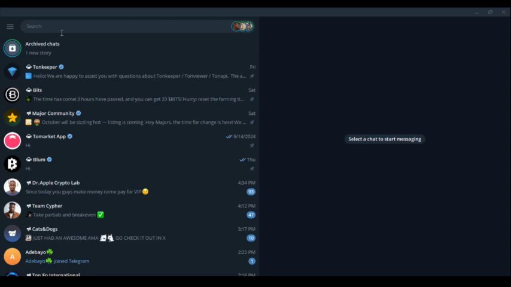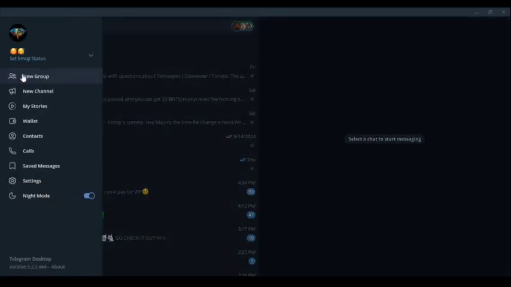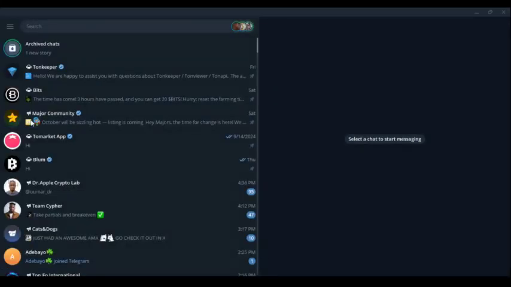Click on this three line icon at the left top corner of the screen, then you click on the wallet option. Once you do that, then you click on this banner which is add extra protection to your wallet, and